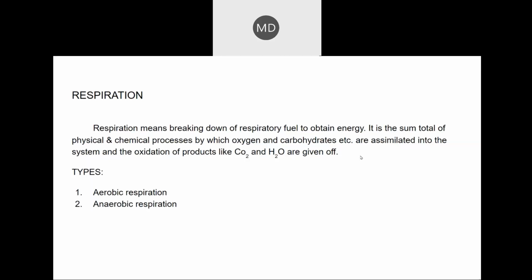Glucose will break down and it will form energy, and the byproducts formed are carbon dioxide and water. So the CO2, for those who are from arts background or those who don't know much science, CO2 is carbon dioxide and H2O means water. Okay, so these two are given out along with energy. The most important thing that is formed is energy. Fine, so what happens in respiration? Now, in respiration, when we breathe in, we get oxygen, right?